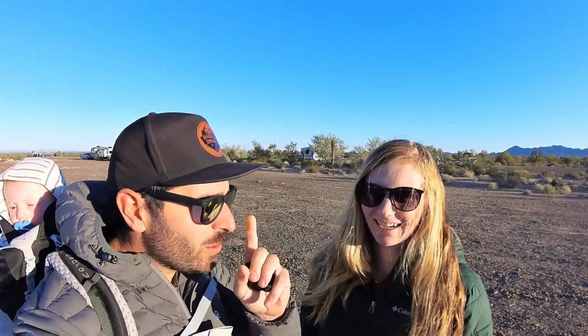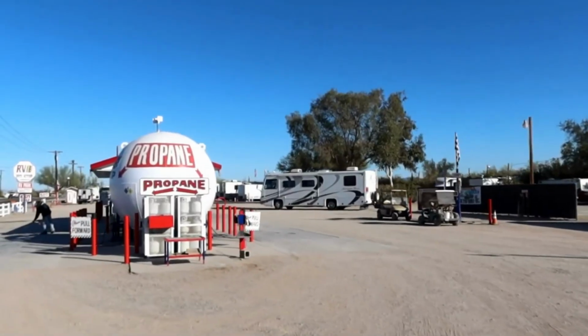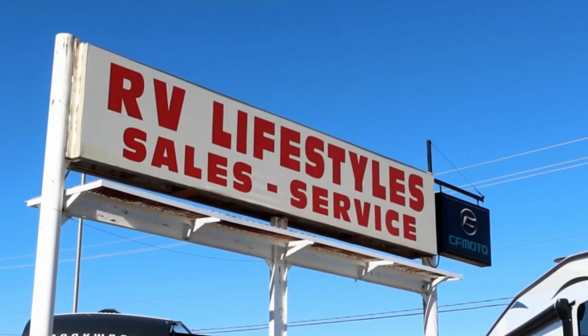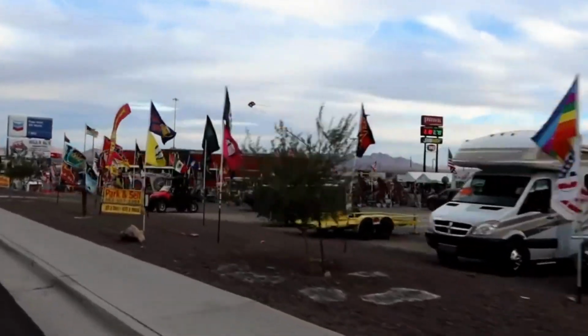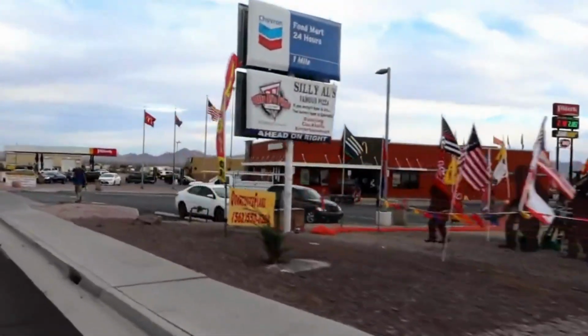One day only. If you're not familiar with Quartzsite, Quartzsite is basically a very small town in Arizona off the 10, just over the border from California. And basically, the town opened up the surrounding areas to make it very easy for RVers to RV essentially full-time. You know, there's a long-term area where you can stay for up to 6 months if you get a permit. And then over here